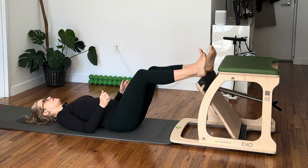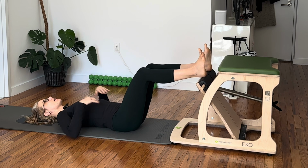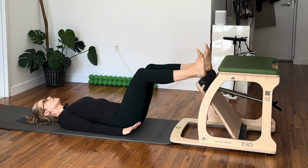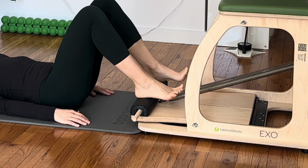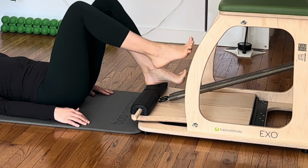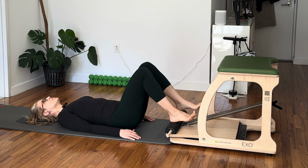And marching. So some space under the low back, chest stays open, bottom of the shoulder blades squeezed together, palms down, push the paddle down, keep the paddle down and lift one leg away. And it's quite hard. And 2,